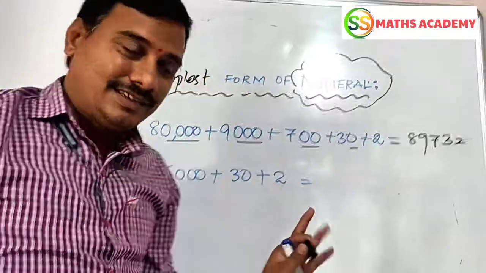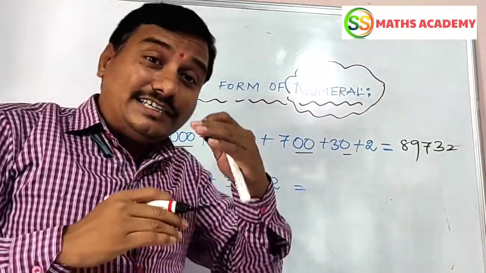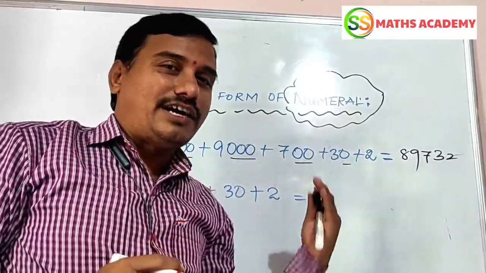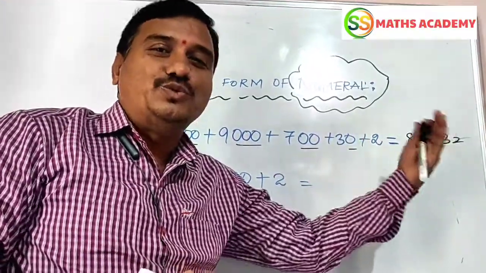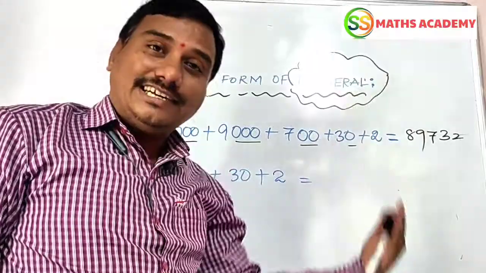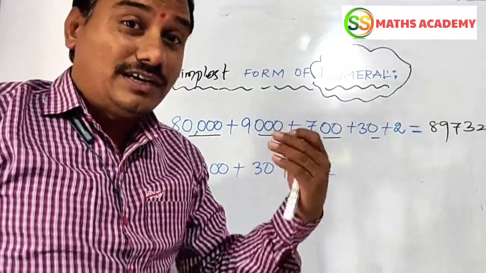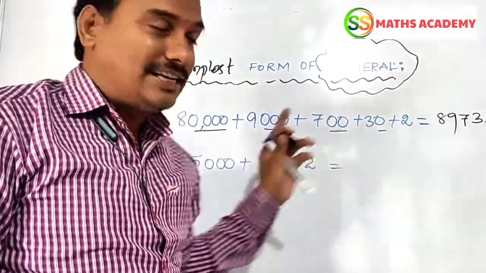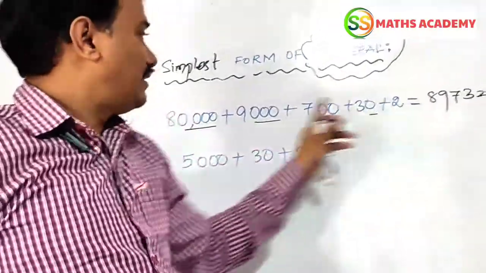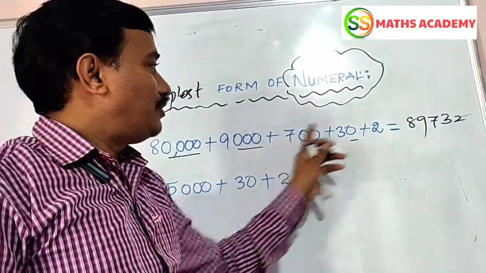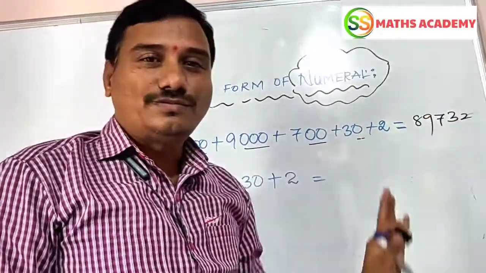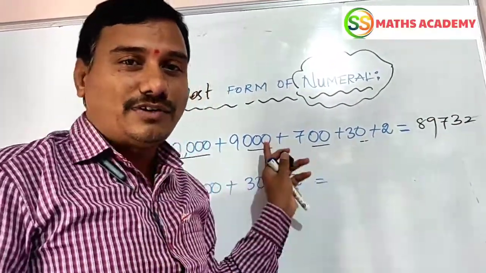That's it. When the zeros are in decreasing order, like 5, 4, 3, 2, then 4, 3, 2, 1, then 3, 2, 1, it is in decreasing order. We can write the number directly, except the zeros, with the numbers that are there in the question. Except 0, 8. Except 0, 9. Except 0, 7. Except 0, 9. This is your simplest form of the given question.